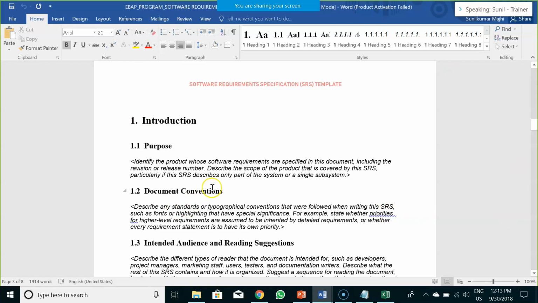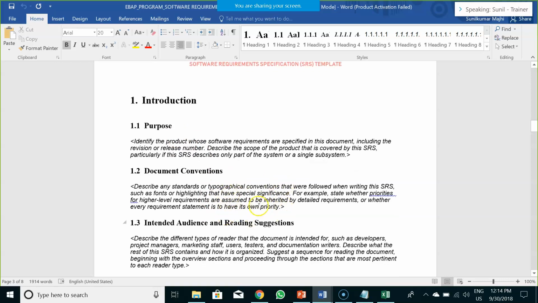Now, if we explore the contents, we would see we first start with the purpose. What is the purpose of this software requirement specification? Like I said, there could be multiple software requirement specification documents emerging out of a business requirement document. So what is this SRS document's purpose? If we have split it into different software requirement specifications, what is the purpose of this requirement specification, not the other one? The other one's purpose would be defined in its individual SRS. So you have to specify it.